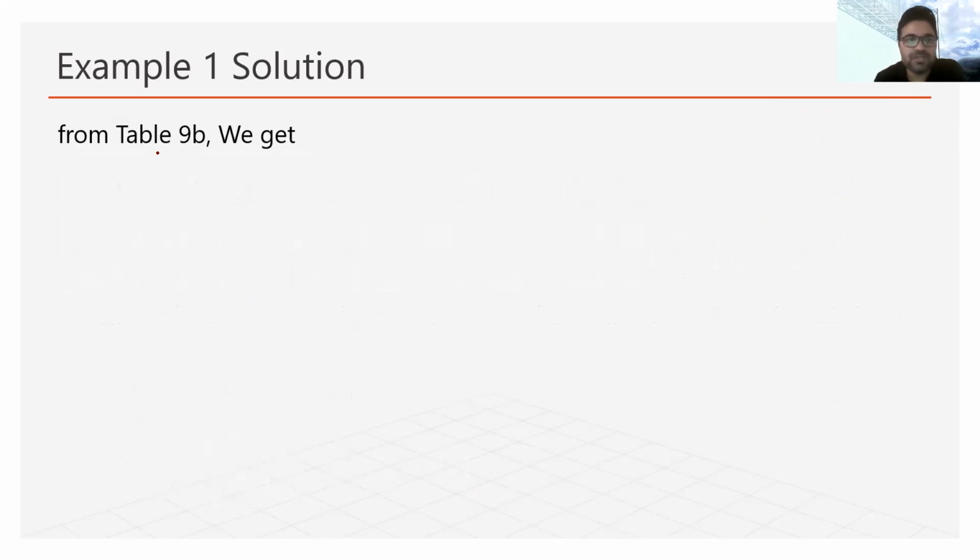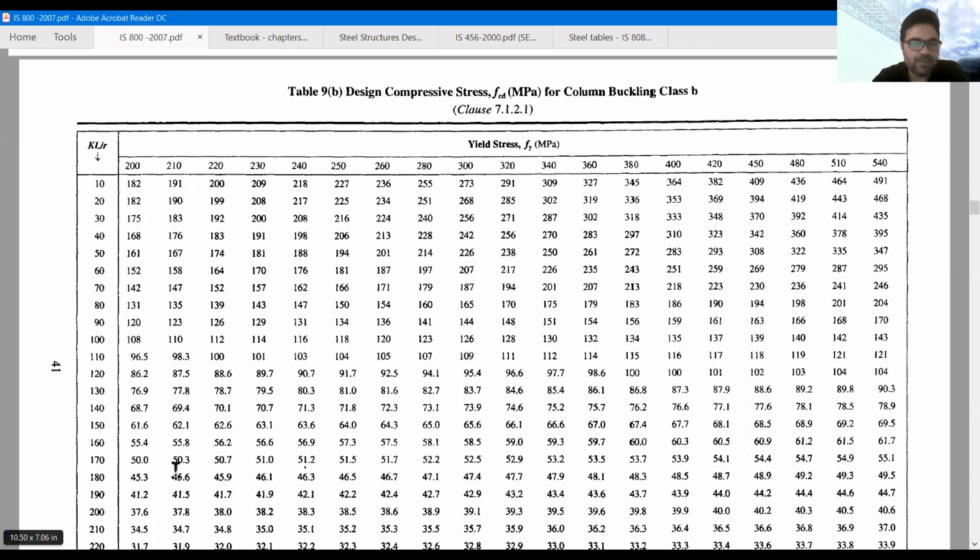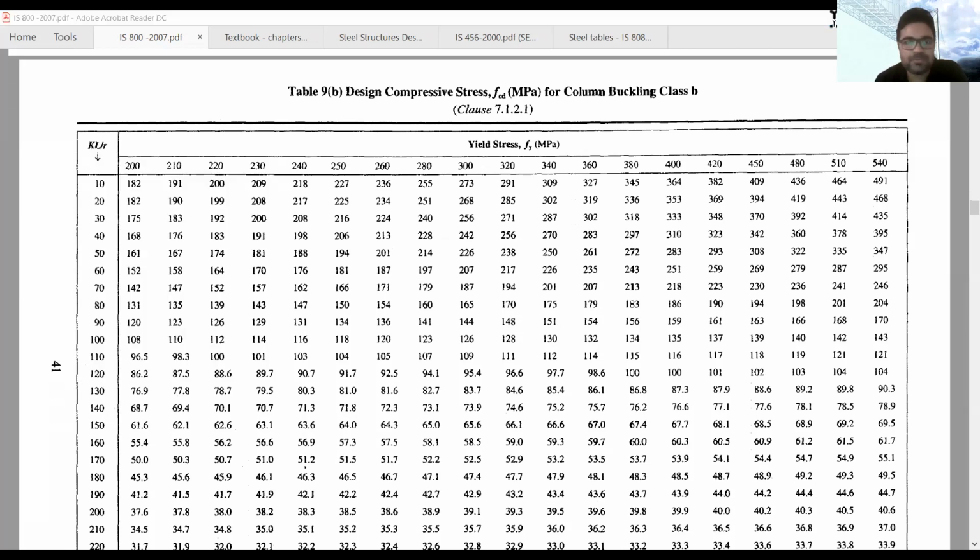So now for this value, we will use table 9B again. Now because we know the value of lambda is 124, again I'm showing you the same table of IS code. Here our value of lambda is 124. There you can see 120 and 130.